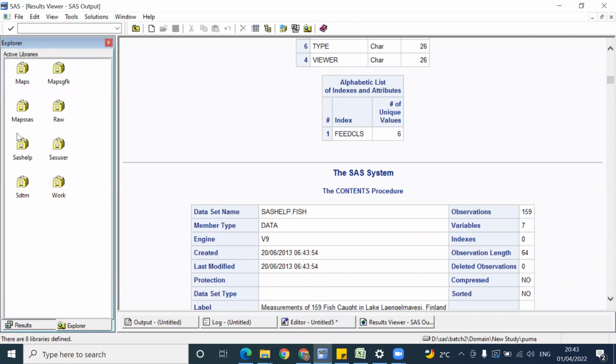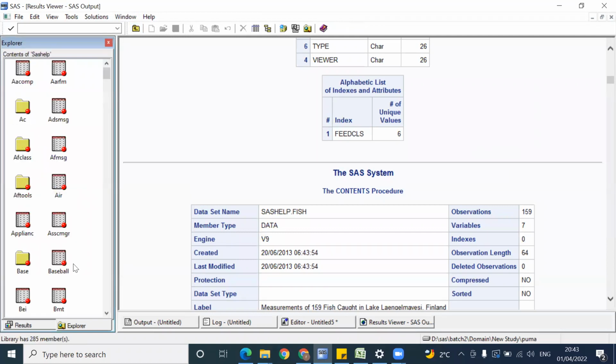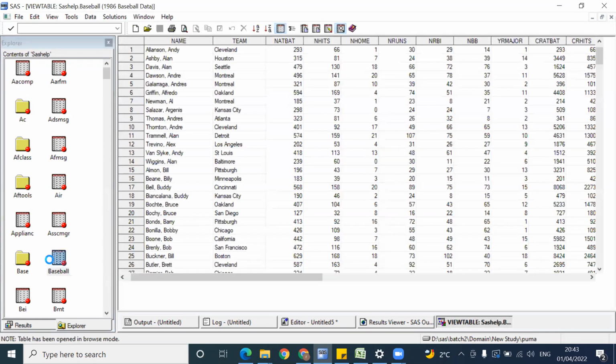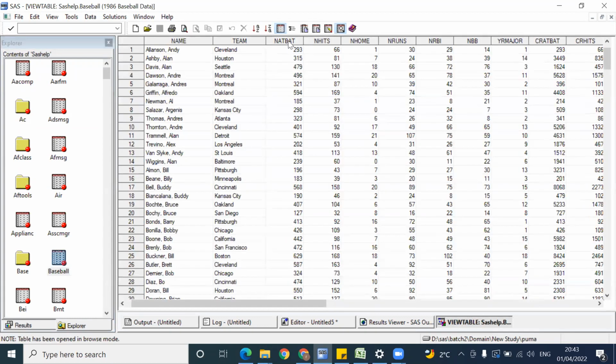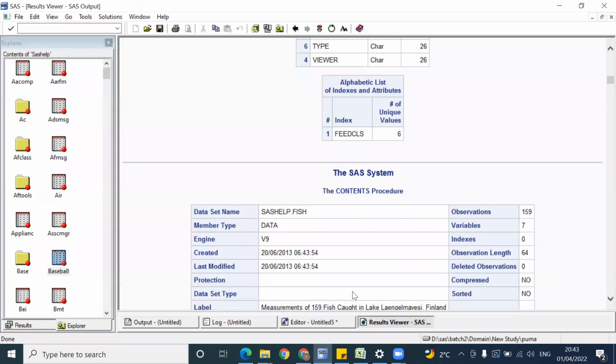For example, the baseball data set has one variable, NAT BAT. I know the variable name, but I don't know which data set has that variable. So we would need to open each data set and check, which will take